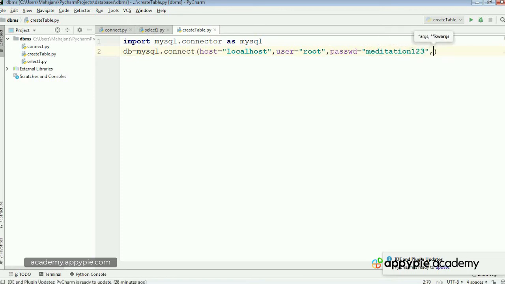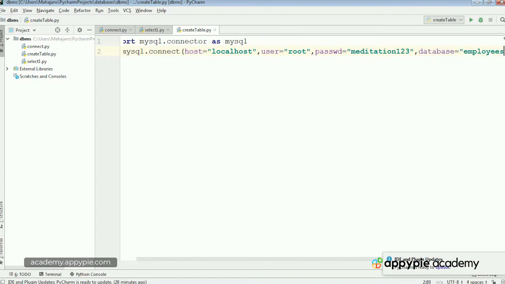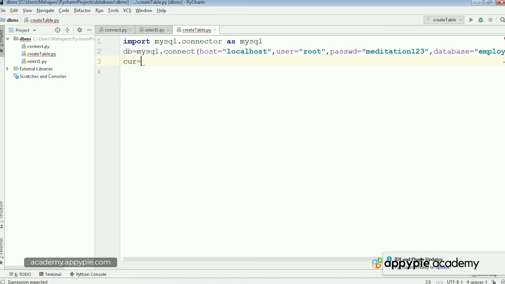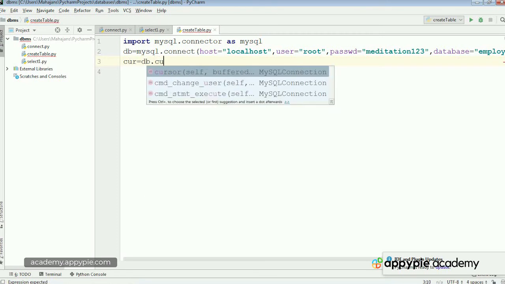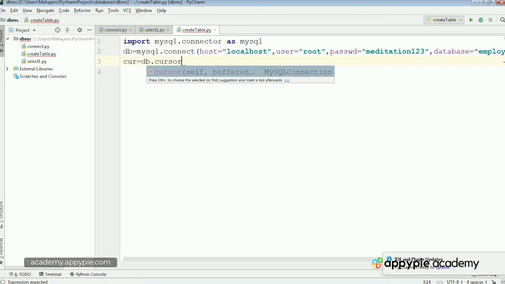and lastly I would be mentioning the name of the database to work with. I have already created this database with the name employees, so database is equal to employees. This database should already be existing. I have created it. Now the next thing we are supposed to do is to create an object of the cursor class. So I would write db, the connection object, db.cursor,